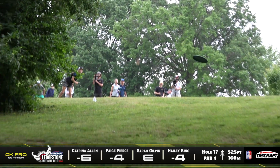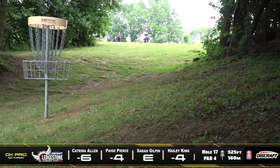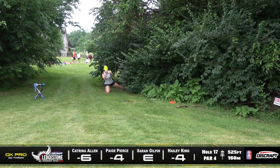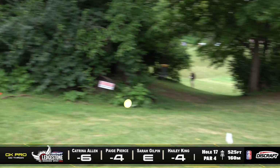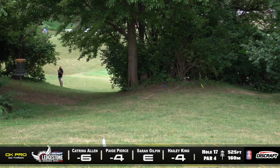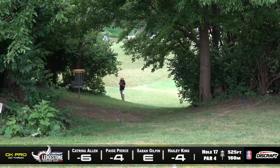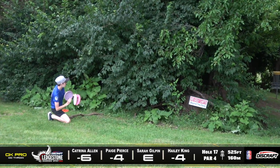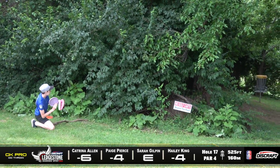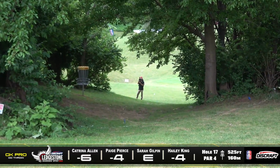And a nice putt, laying it nicely. She'll have an easy tap-in for the birdie. No rolls here. Sarah, a lot deeper than I thought she was, looking to work a forehand roller. Such a tough one here. So tough. And now she's going to leave herself a putt. Wow. That was way better than I thought it was going to be. That was amazing. Hailey going to a turnover putter and trying to settle this on the hill, but cut roller inside